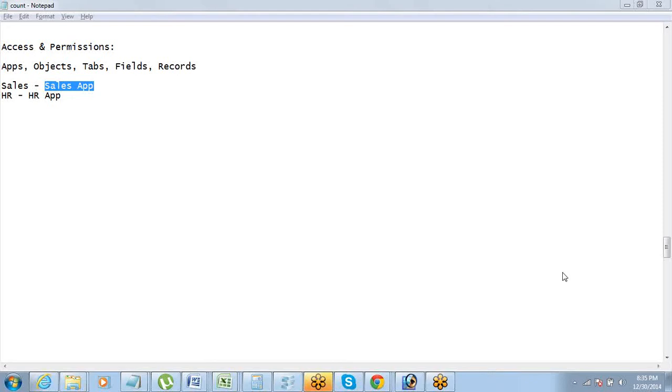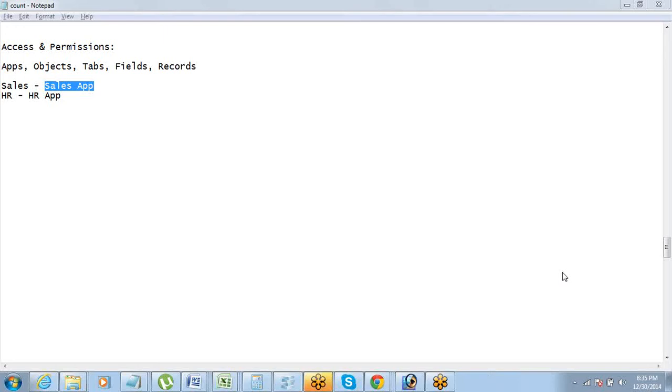If the sales team guy sees all the apps, sales app, marketing app, HR app, he will get confused, right? The kind of user interface he'll get to see, he will be totally confused. He will say, oh, there are so many things, where do I go? So we need to minimize the things for the end users also. So from the end user perspective, it's important. From the business perspective, it's important, right?